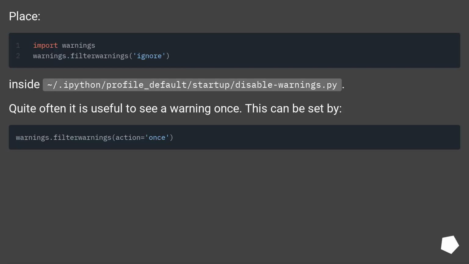Place this inside .ipython/profile_default/startup/disable_warnings.py. Quite often it is useful to see a warning once. This can be set by